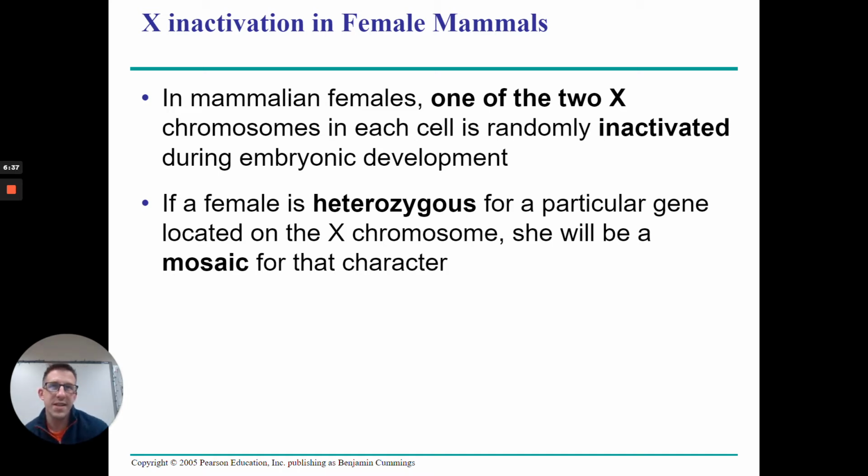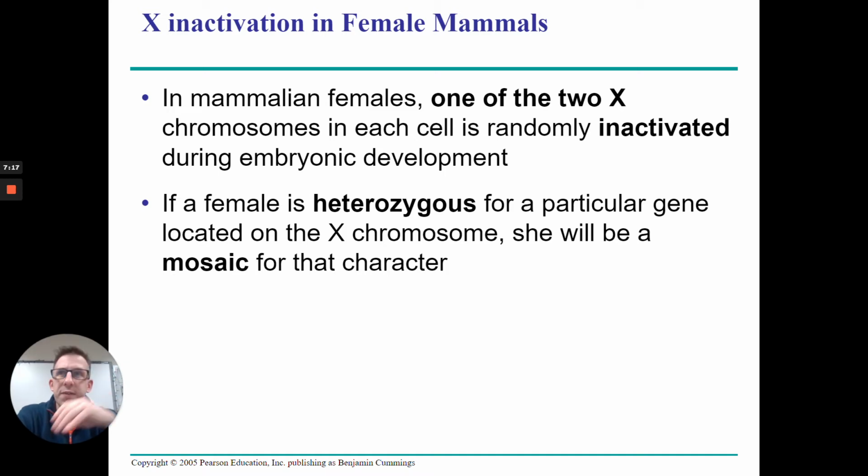So if you go to every cell in the mammalian female during their embryonic development, you will find that one of the X chromosomes randomly just shuts down. It inactivates, and it creates something called a bar body. And the bar body basically is this shriveled up little X chromosome that doesn't do anything. Okay? And so, for the most part, this doesn't play a big role in females that might be homozygous for a trait, but it definitely plays a role in females who are heterozygous for particular traits,